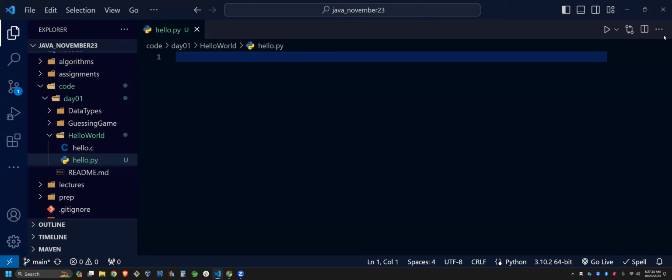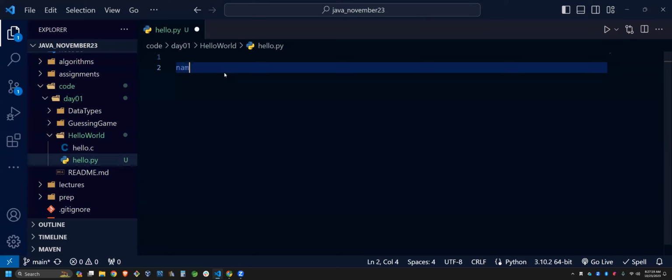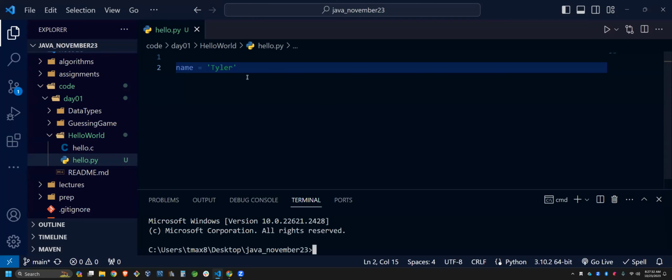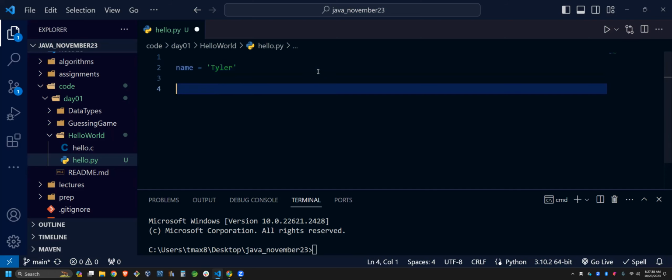So I can just say name equals Tyler, right? And that's it. And if I want to actually have it print to the screen, what do I do? Print name. Yep. Print name.